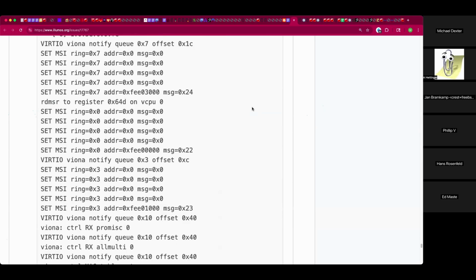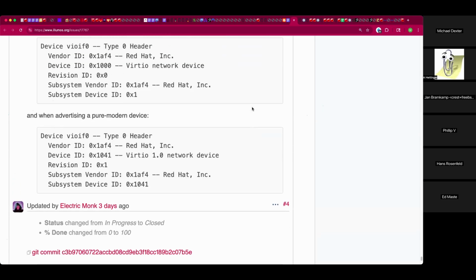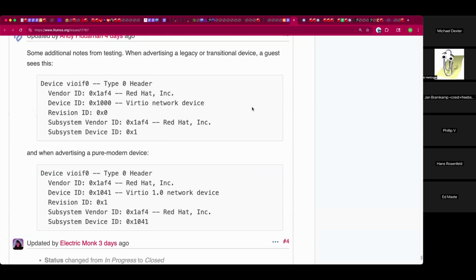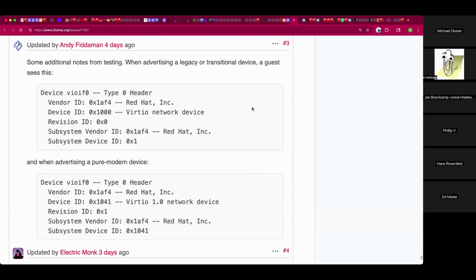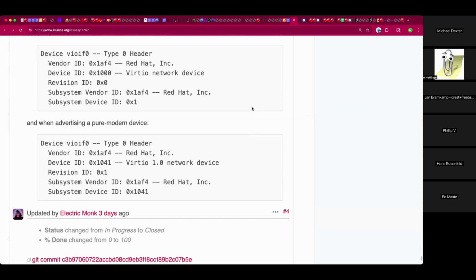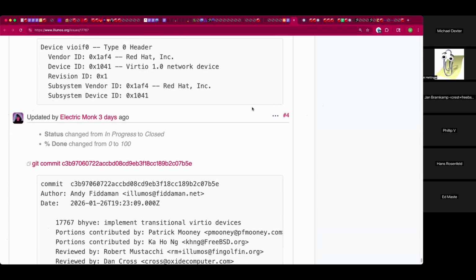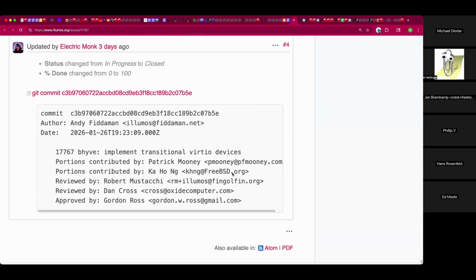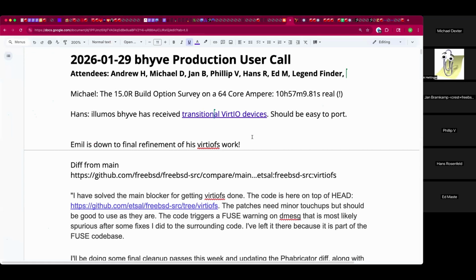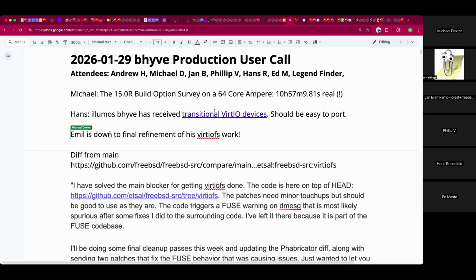I think one of the advantages of the new driver model is that it supports non-contiguous ring buffers, right? So it has a bunch of new features which we currently don't have. Great. Well, that is great news. And like you said, it shouldn't be too difficult a port to FreeBSD. Well, it's definitely going to be work, but it's not terrible. Dare I say the hard part is done? Anyhow, cool.